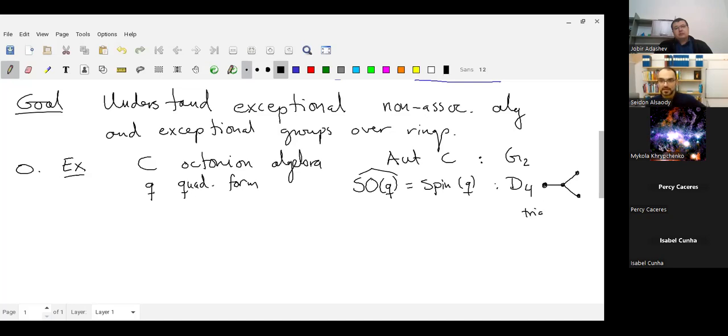And triality is at the core of a map you can get from spin Q